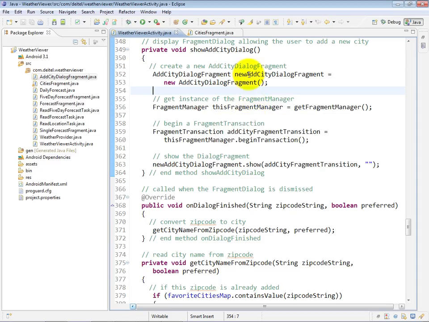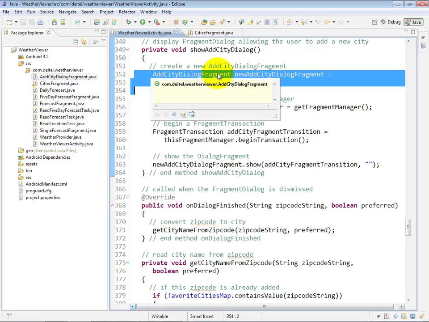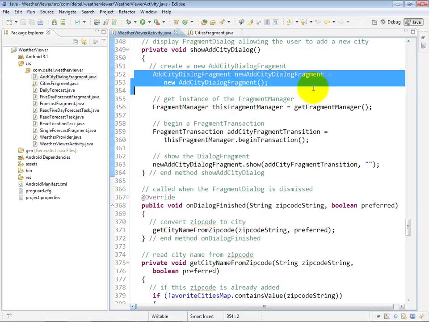So if you take a look at our showAddCityDialog method, which as we mentioned in the previous video will get called when the user touches that menu item, the first thing we do is create an object of our own class, AddCityDialogFragment. It's a subclass of DialogFragment, and DialogFragment allows you, in an activity that's displaying multiple fragments, to display a dialog within that activity. So you can see over here the AddCityDialogFragment Java source code file, and we'll look at that in a